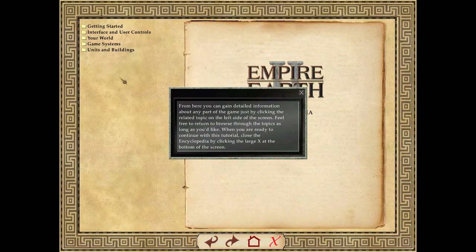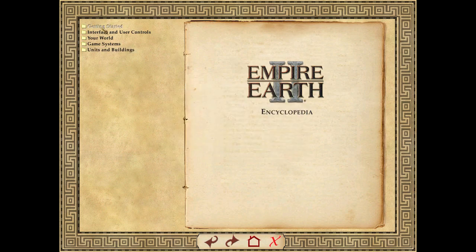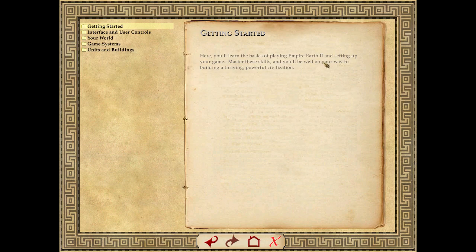From here you can gain detailed information about any part of the game just by clicking the related topic on the left side of the screen. Feel free to return to browse through the topics as long as you'd like. When you are ready to continue with this tutorial, close the encyclopedia by clicking the large X at the bottom of the screen. Okay, getting started. Here you'll learn the basics of playing Empire Earth and setting up your game. Master these skills and you'll be well on your way to build a thriving, powerful civilization. In this section, you'll learn how to navigate and use the interface on this Empire Earth. In this section, you'll learn...